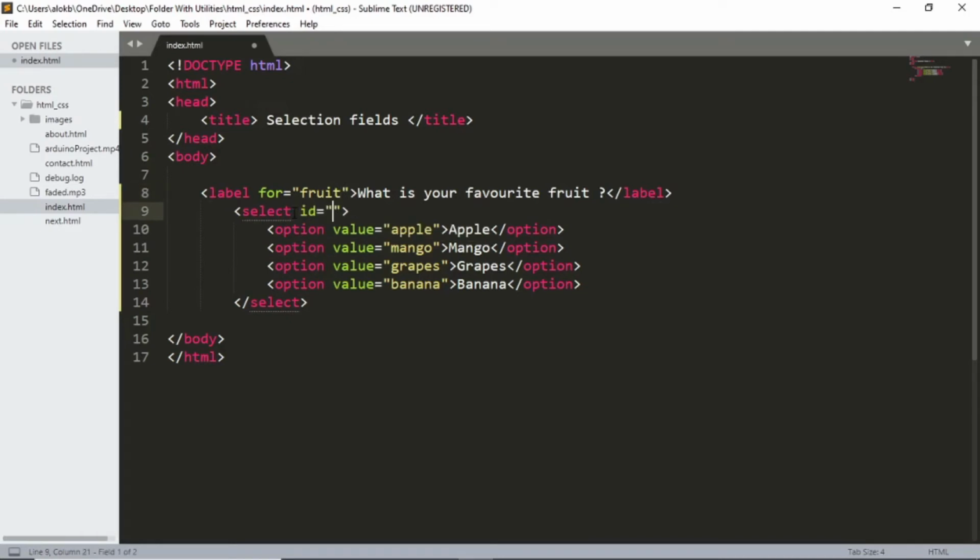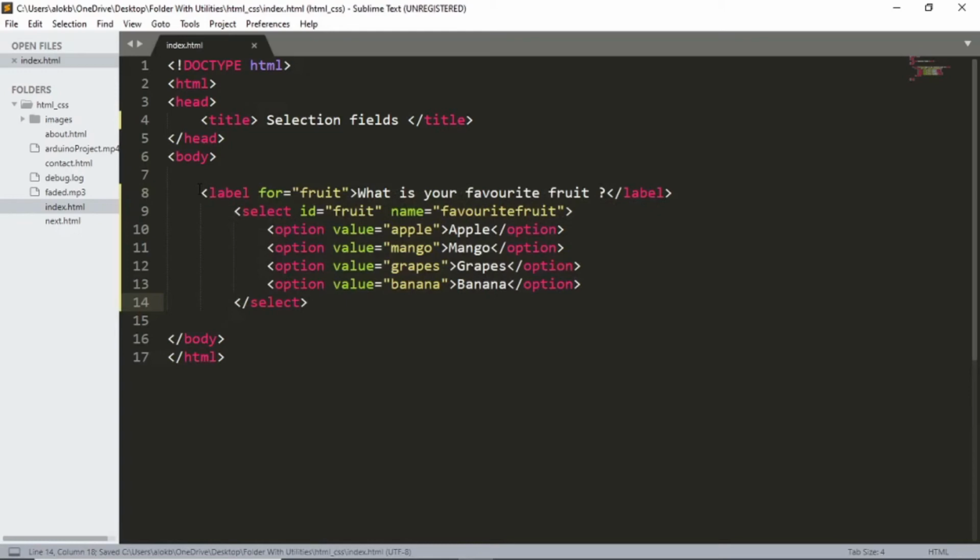So ID fruit, also give it a name attribute, favorite fruit. Let's save this and refresh the browser. Now if I click on the label, it will point my cursor to the drop down field and I can begin selecting my favorite fruit.